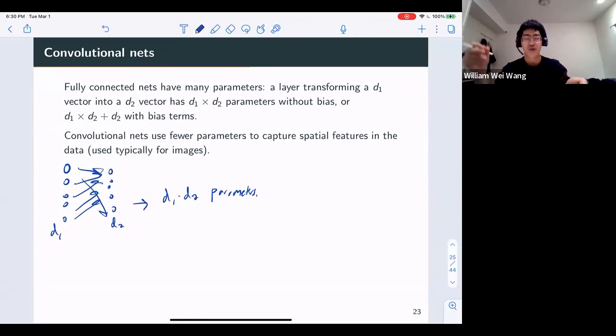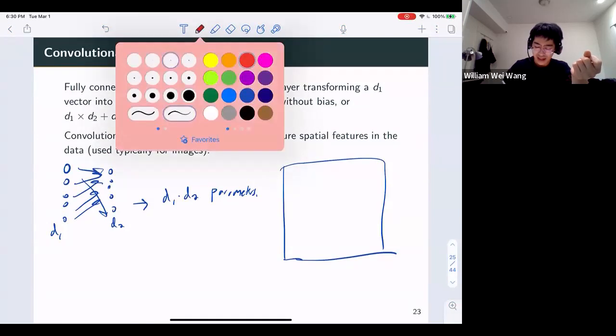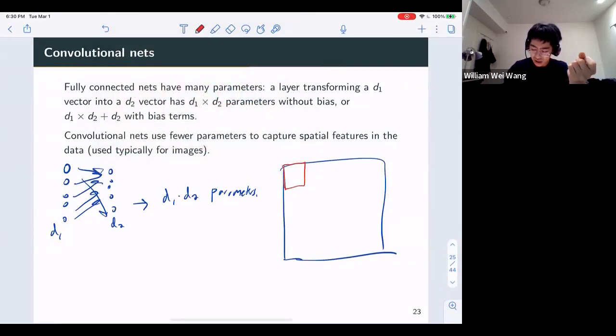But sometimes you want to incorporate locality in the image. If you're using image data, there should be some sort of features that are shared among small regions inside that image that you can take advantage of. So that's what convolutional networks do. It basically says, okay, you have an image. Well, what am I going to do? I'm going to take just a small patch of the image, and let's say this is a 3x3 patch. Instead of having a lot of weights, I'm just going to have 9 weights here, so 3x3, let's say. Then what I'm going to do is slide this over the image.